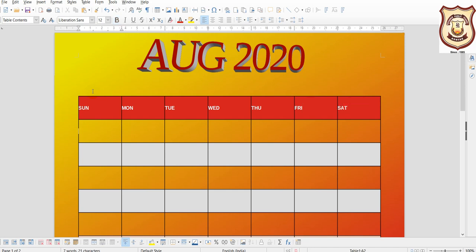Okay, then again tab. So the first date was on Saturday, then again tab, it will come to next, second, third, fourth, fifth, sixth, seventh, eighth, then ninth, 10. I'm keeping pressing the tab button.